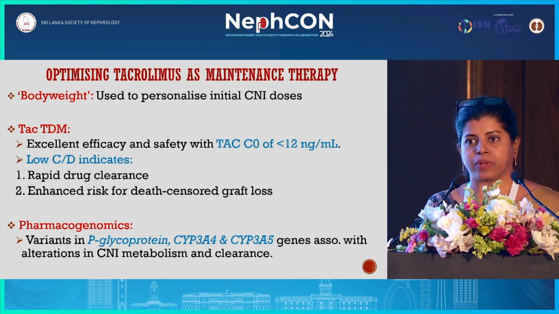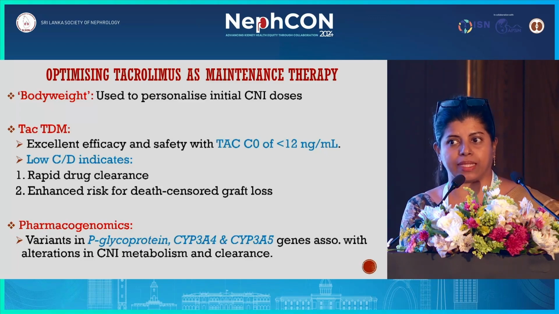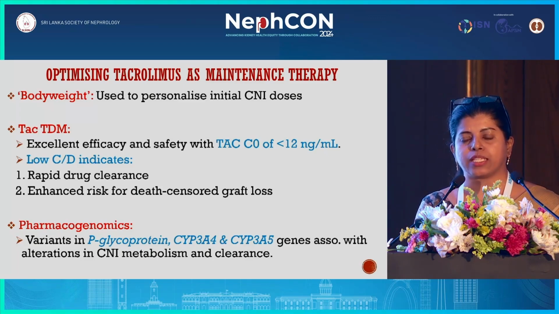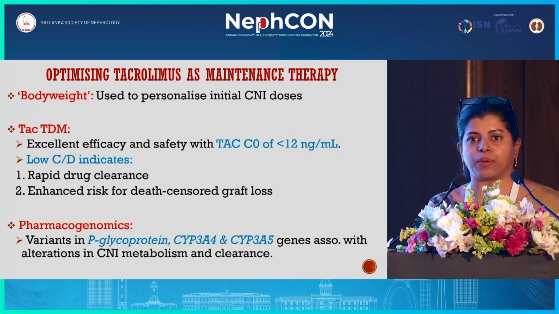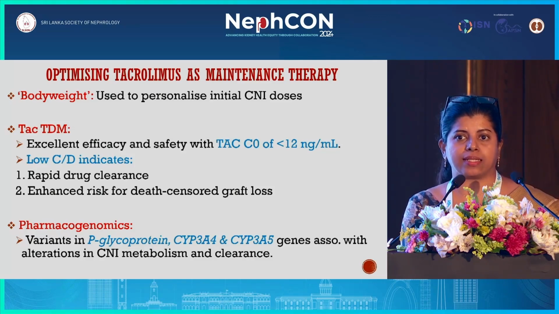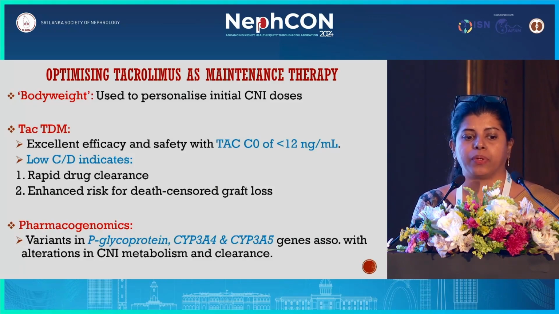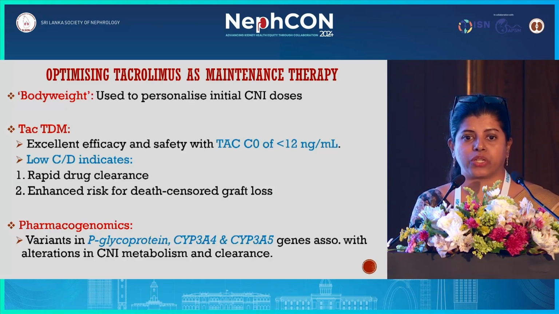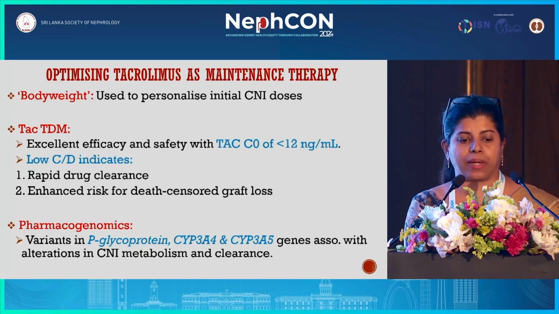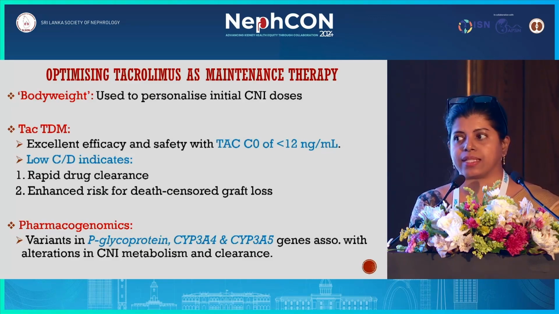As you would have seen from the previous slide, most of the dosing is weight-based. But weight-based dosing is not precise and does not predict the drug handling. So you need a better way to predict efficacy and safety. And especially with CNIs, which have a narrow therapeutic window, therapeutic drug monitoring is a strategy. And whole blood trough levels are good enough for correlating with efficacy and safety. So a low concentration to dose ratio indicates that the drug is rapidly cleared, leading to enhanced risk of death-censored graft